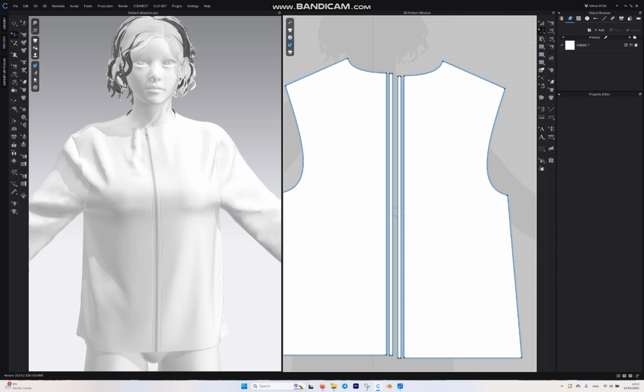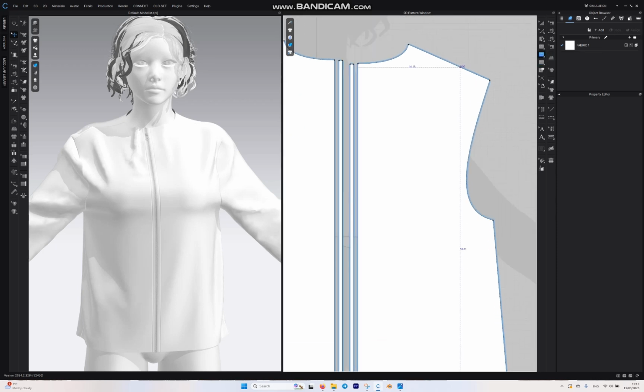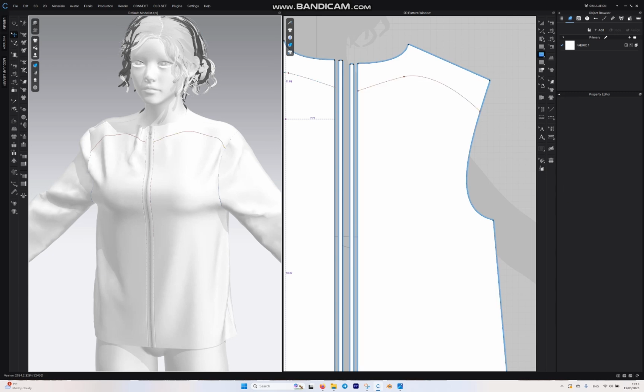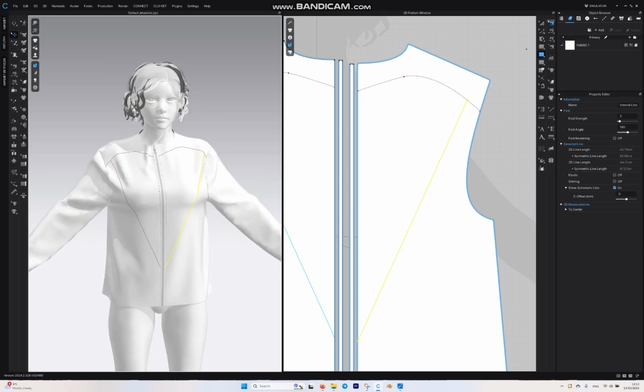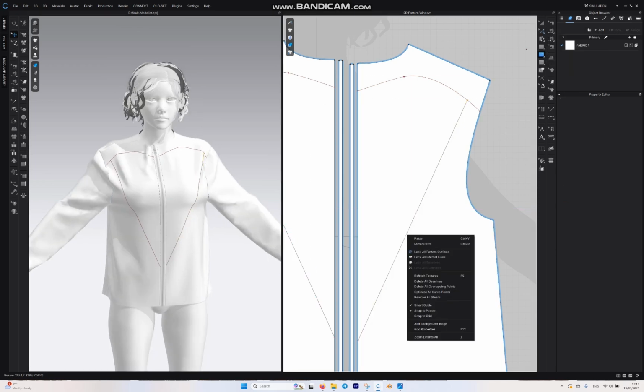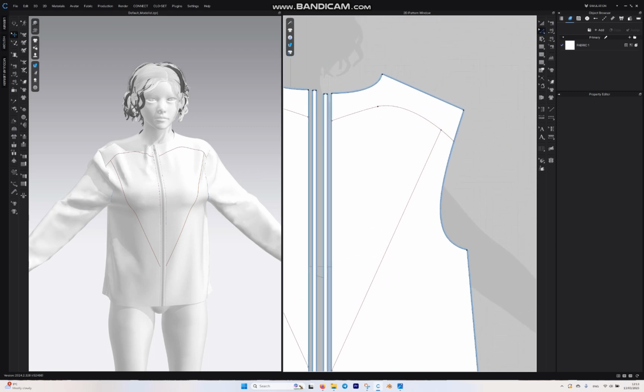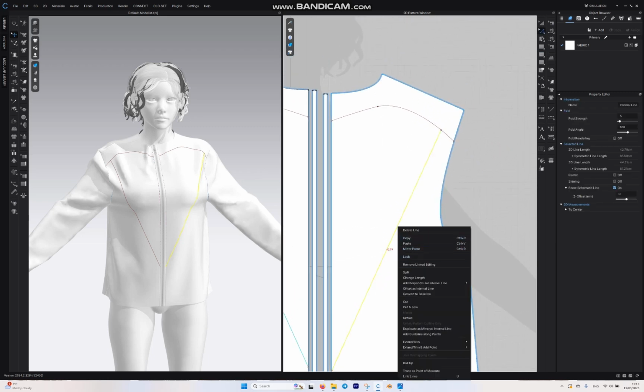Now let's go and grab our internal line to design our puff jacket. So I'm gonna go with this line, and now we start with like this. Now I want to select this while it's yellow, right click and offset